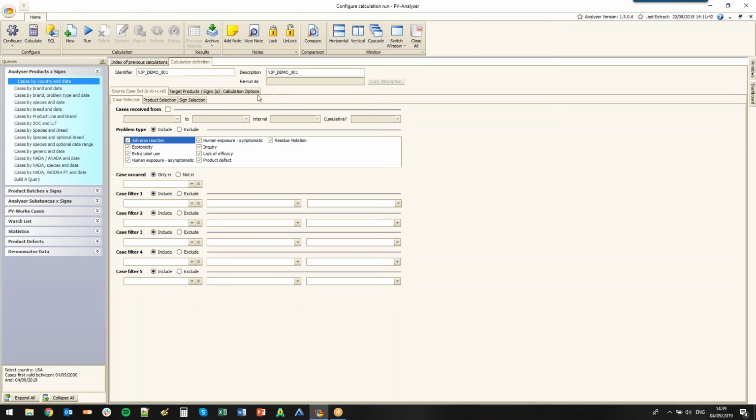field. Then what we need to do is define the product sign pair records that we consider to be our source case set. So first of all, we have to say which cases we want to look at, and we can limit our cases by date range. We can limit our cases by different problem types. We can say we want to look at a particular geographical area or any other filters that are established within